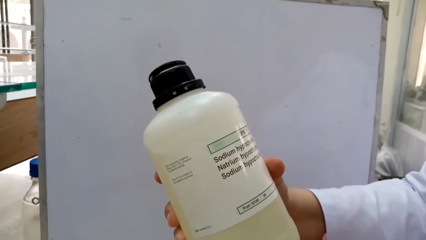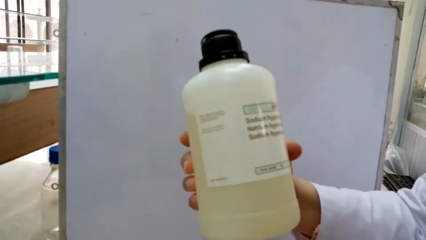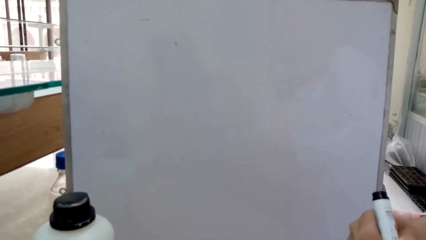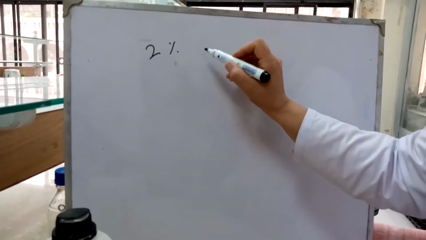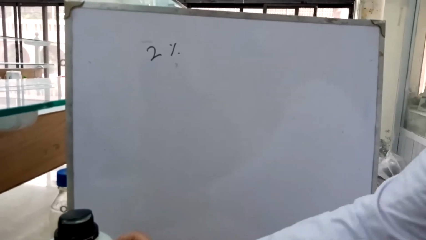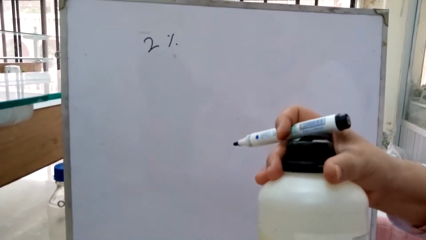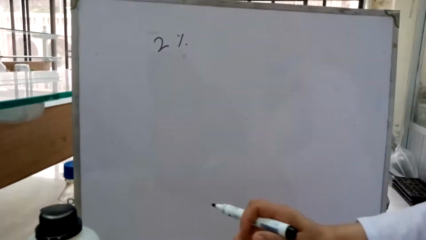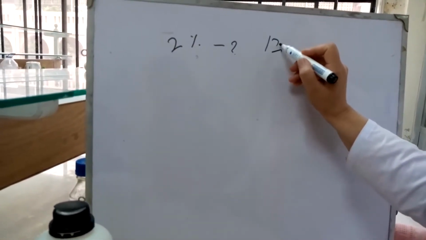Disinfectant. For different plant parts, we use different concentrations of sodium hypochlorite. It is generally known as Clorox. For the purpose of sterilization of the tender leaves, we will use a 2% solution of sodium hypochlorite. And this sodium hypochlorite solution is a 12% solution. So in order to make the 2% solution out of 12% solution,